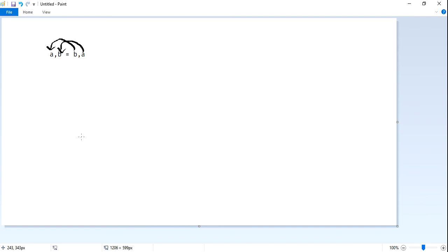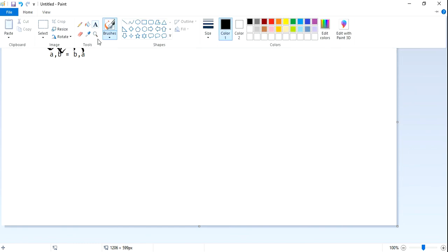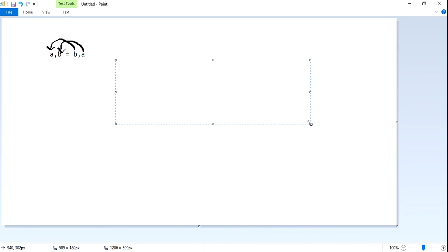This is a single line assignment. You can take it like left comma right equals to right comma left.